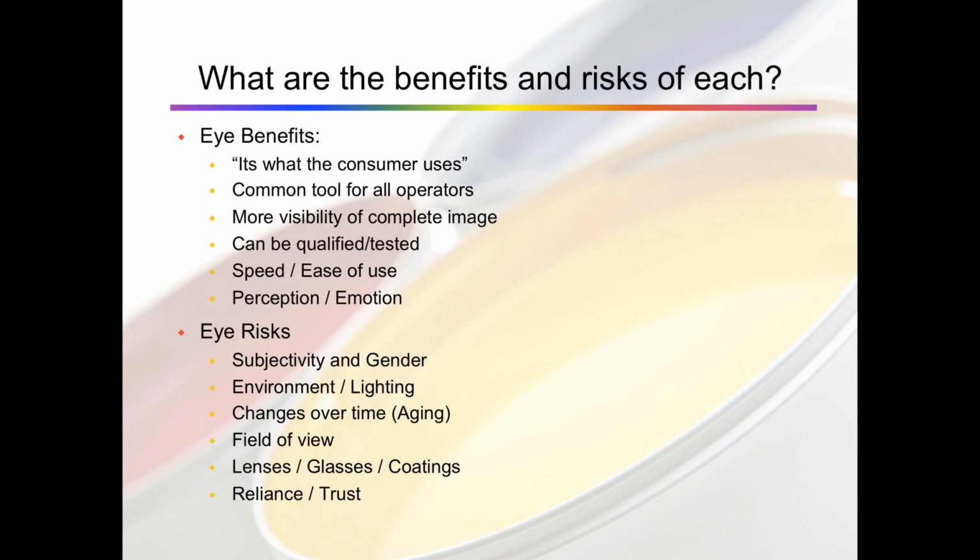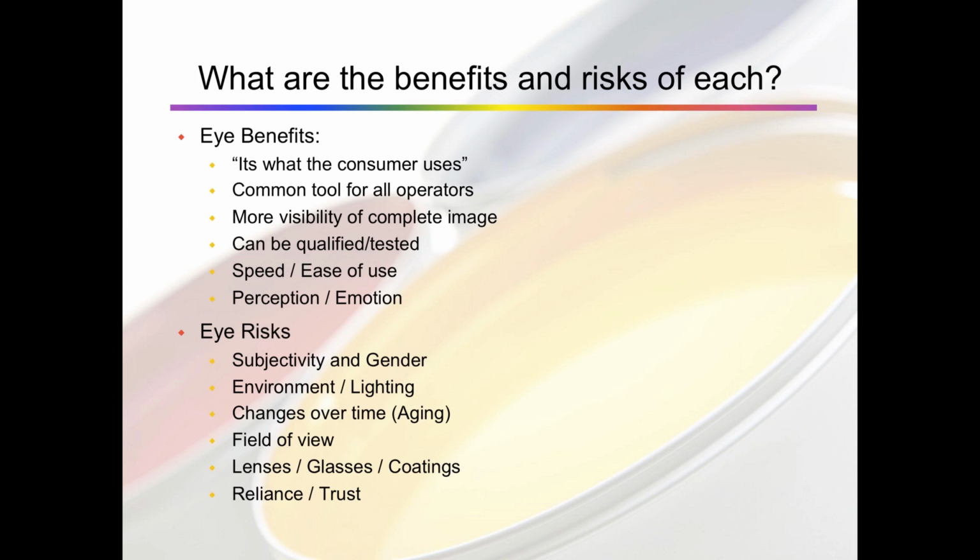Now, much like the light changes over time, as you age, your eye actually changes. The lenses of your eyes harden. They actually change color. They go more yellow. So we need to be concerned with, as we get older, whether our color vision is changing as the nature of our eyes change. Thankfully, again, this is something that we can test for and be qualified for, so we can monitor this over time and find out when it's starting to become an effect.